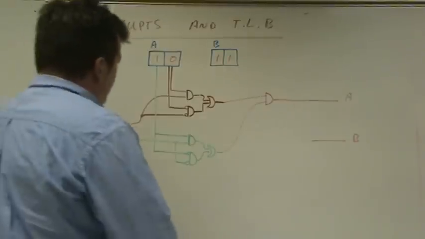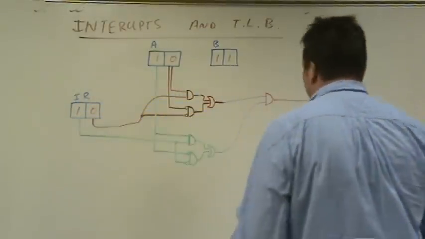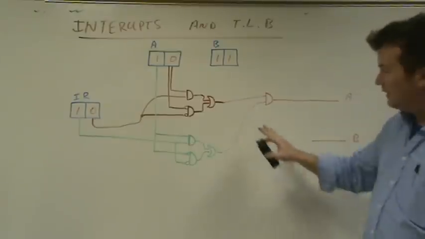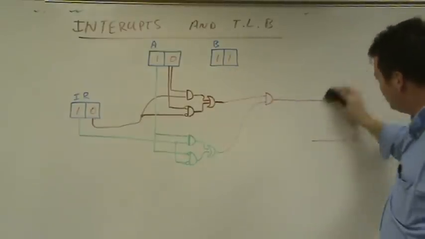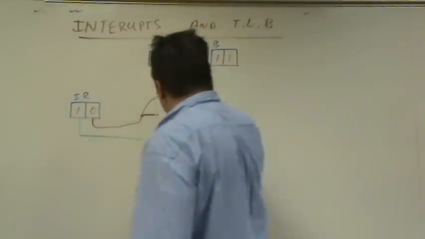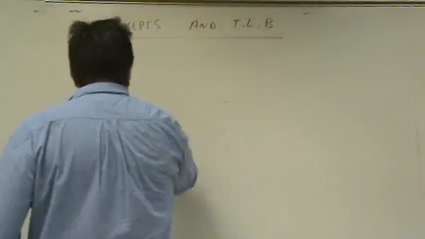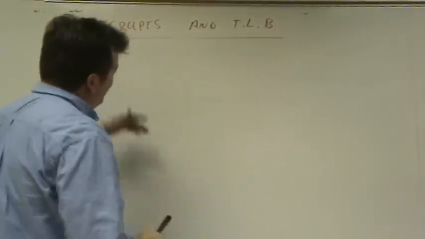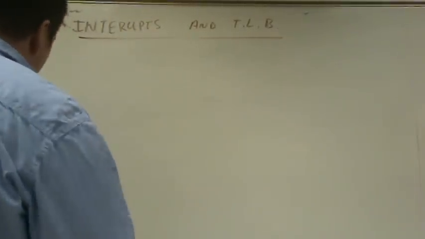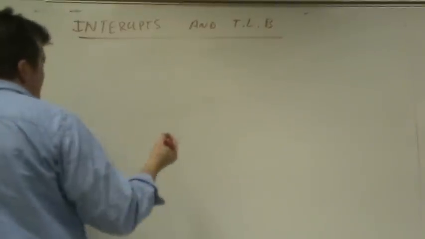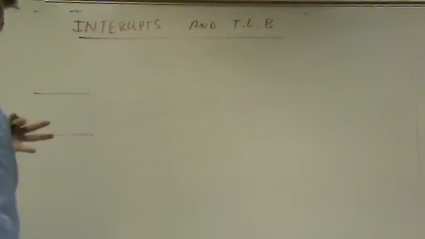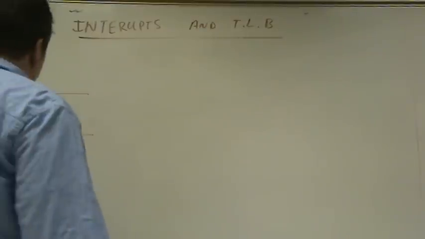Okay, so now suppose, so this is a new piece of electronic, and like I say, we could do the same thing for B. Now suppose, and it's customary to have the inputs on the left and the outputs on the right, but sometimes people have the inputs on the top and the outputs on the bottom. So suppose we have a new piece of electronic equipment that takes in as input 2 input lines, and this is really the output of the one we just did. So the 2 input lines come in,